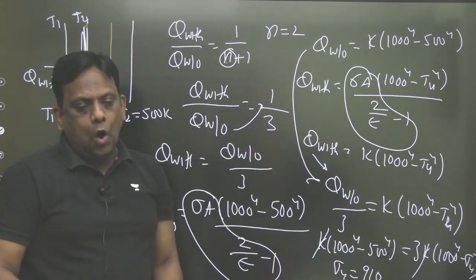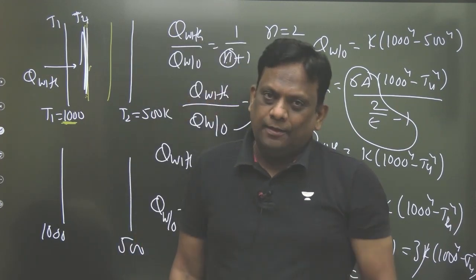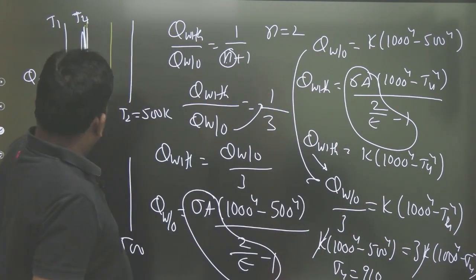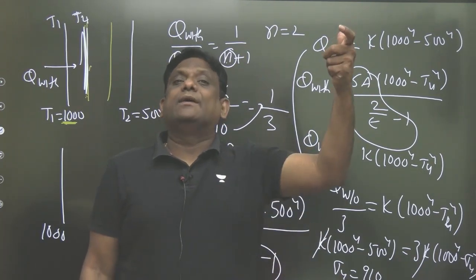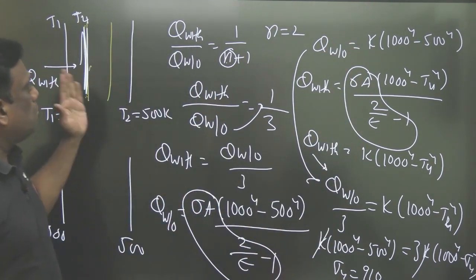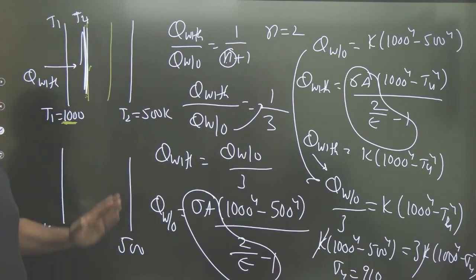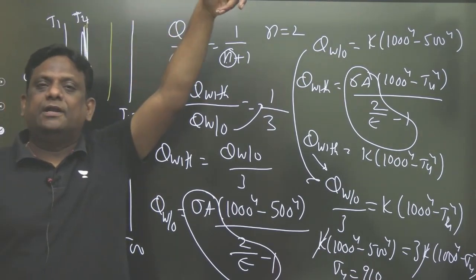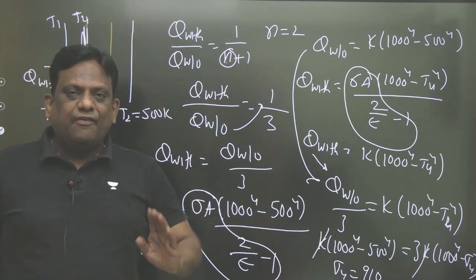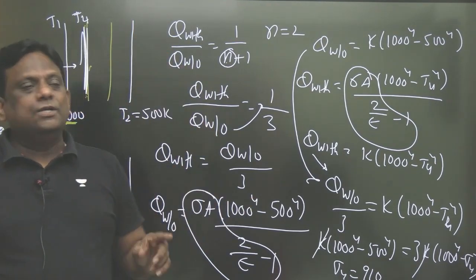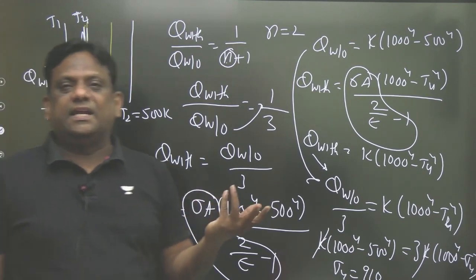Oh my God. Please understand, if I am using two shields, I am getting 910, which is crossing the melting point of 900. So if I use more than one, what is happening? It is crossing the melting point temperature. So therefore I cannot use it. So the maximum that I can use is 1. If I'm using 2, now it is crossing. So for 1, the temperature was 853.